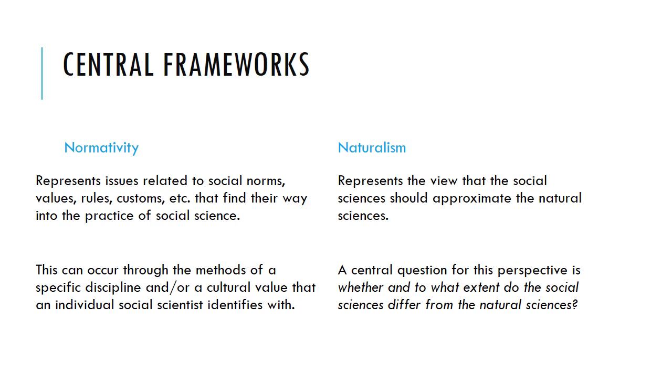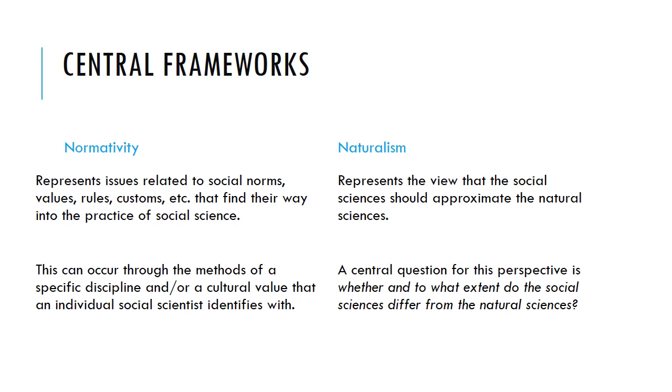So, an example of this would be if somebody felt for religious or cultural reasons that they disagreed with the particular research subject or topic and refused to participate in it. This would be another instance of the ways that norms can make their way into the practice of social science. So those are just a few examples of how philosophers of social science will think about the role of norms